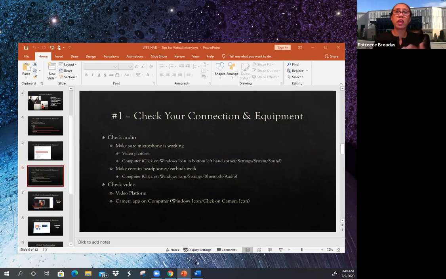Now, generally speaking, if you want to set or change a different background, you would have to have a green screen, because a green screen allows it to be a little bit clearer, a little bit better than if you don't have a green screen. But there is a way in which you do that as well. Let me talk about the video, and then I'm going to get back to the green screen and the background for you.